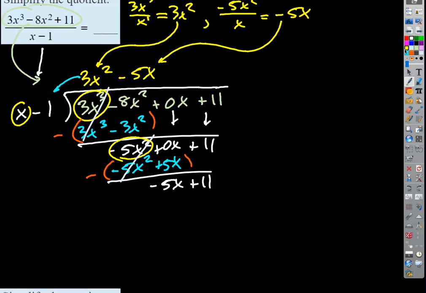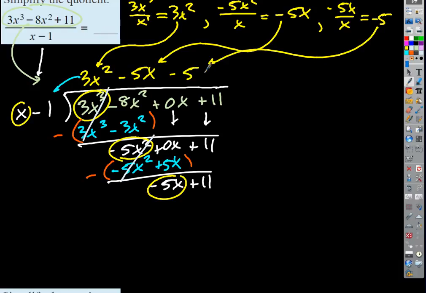And I just keep going until I'm done. So now I want to know how many times does x divide into negative 5x? Well, let's find out. Negative 5x divided by x is what? Negative 5. The x's just cancel, right? And so that becomes